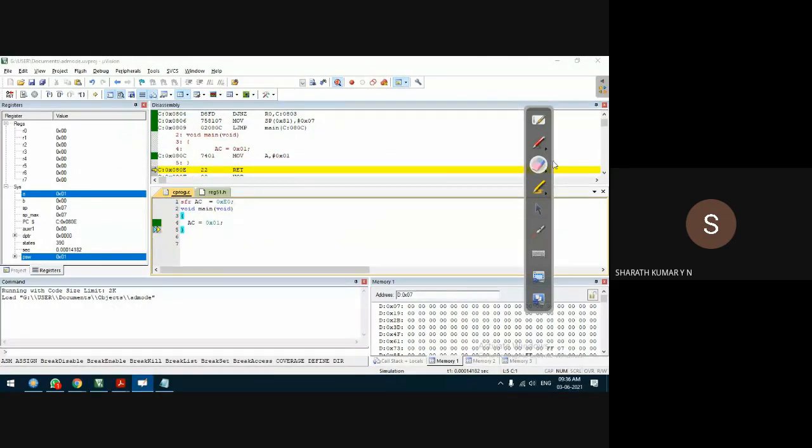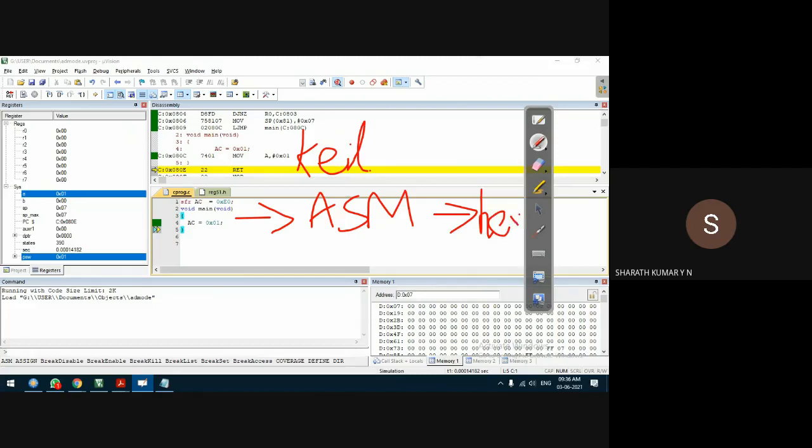No, because this Keil compiler converts the C program into an assembly program, and then into machine code, that is hex code, binary code. That is nothing but operational codes, opcodes.